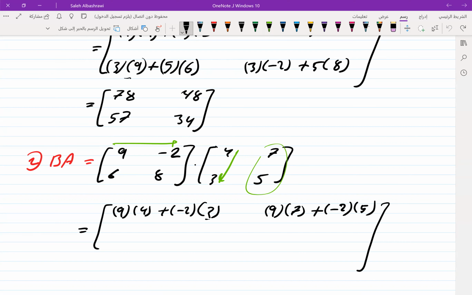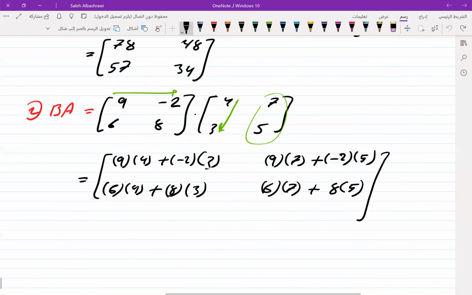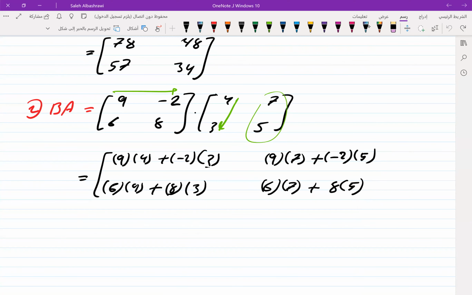The second row now will give me 6 times 4 plus 8 times 3. Now second row with the second column. 6 multiplied by 7 plus 8 times 5. Which is equal to